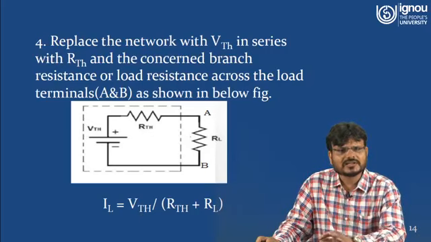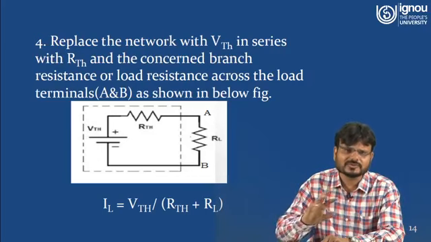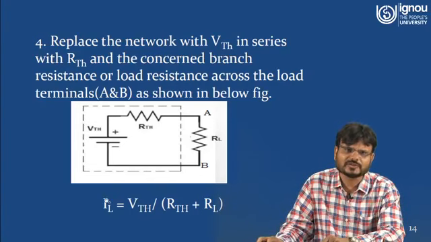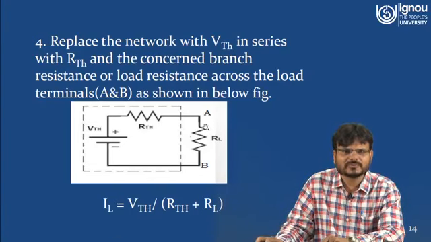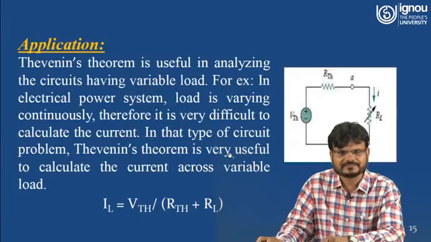So these are the steps for how you can calculate the Thevenin voltage and Thevenin resistance, and after getting the equivalent circuit, you can easily find the value of the load current. Suppose now you have to find the voltage across this load resistance RL, or across the terminals AB. So what will be the voltage across RL? This voltage can be termed VAB or VL, equal to this current IL multiplied by this load resistance RL. Then you can easily calculate the voltage drop across the load resistance RL.